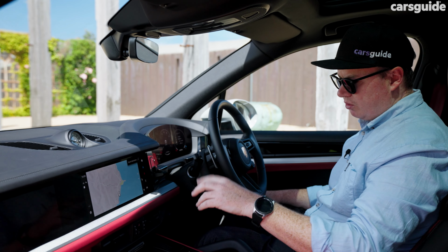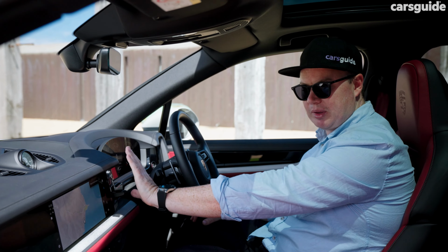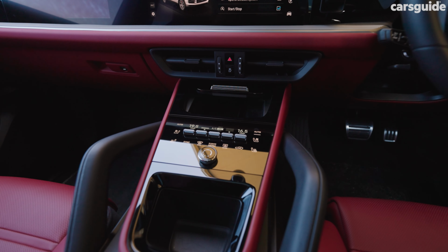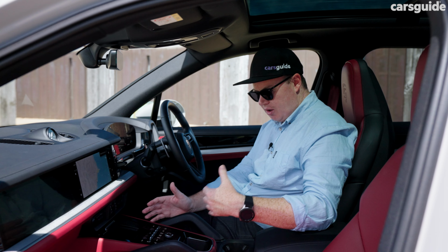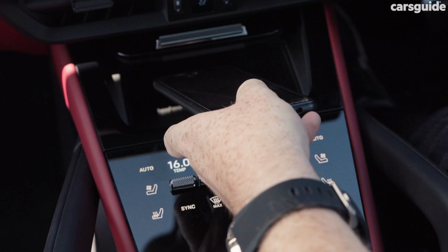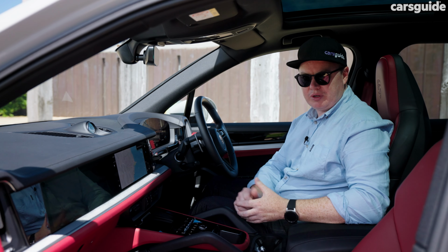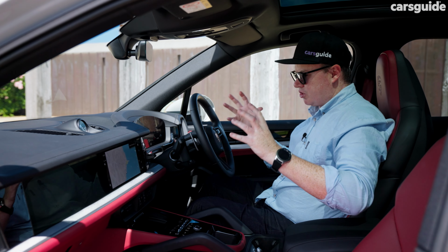One of the biggest changes that you'll notice though is the gear selector. It seems like a small thing, but they've actually moved the gear selector up here to the top of the dash. It takes a little while to get used to. It's not the sportiest thing, the little toggle. But what it has done is it's freed up all this space in the center console here. So you've got more room now, a little cup holder here, a tray for your phone, storage space, cup holders, center console box. It has actually just made for a more practical interior while retaining that sort of modern but sporty look